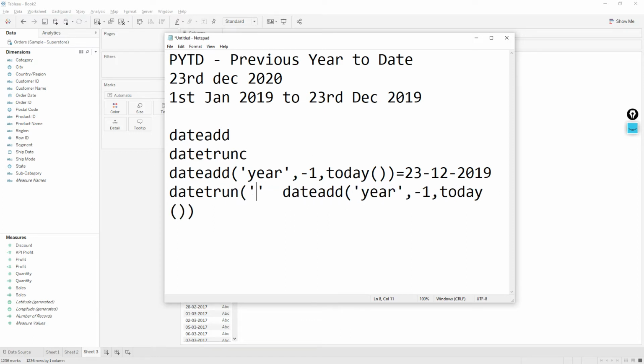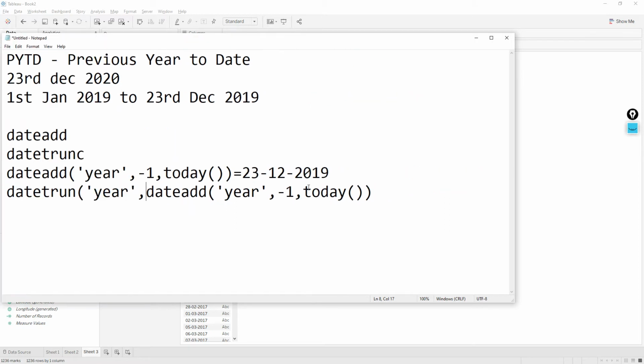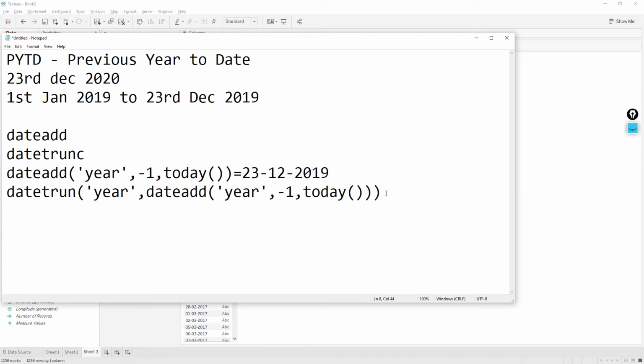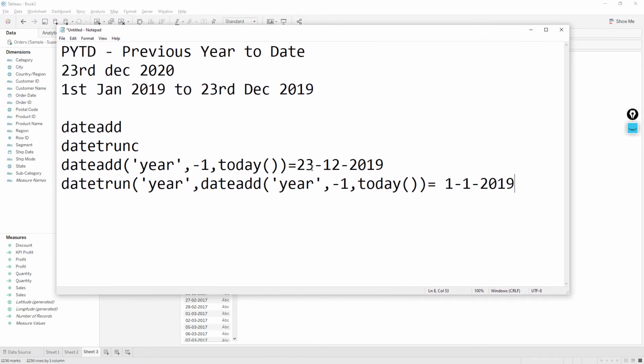Here the date part I'm going to give is year, and I truncate this date, 23/12/2019, on the year, so this will give the starting date, 1st January 2019. So now that we have the ending date and the starting date, we can write an AND condition to filter the data.